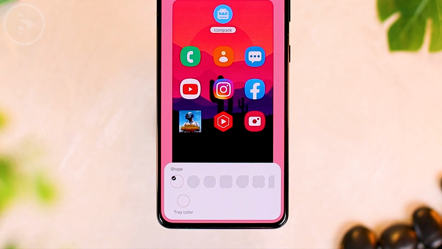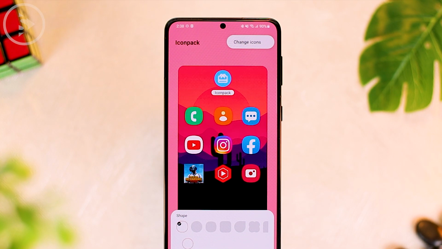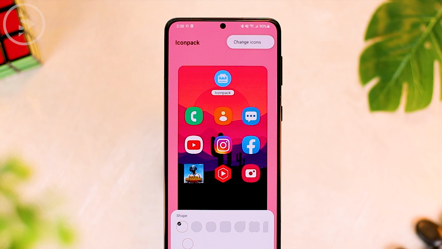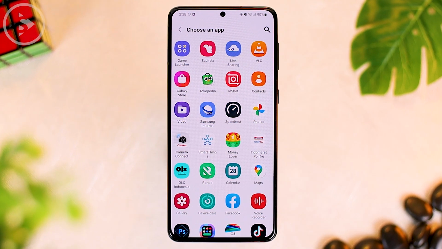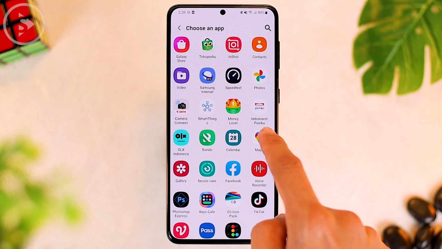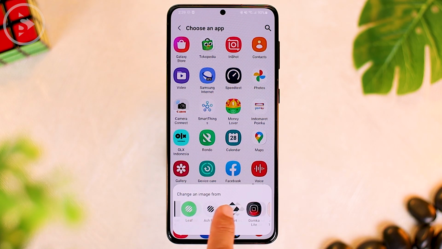In the create new menu, you will find new settings in the three dot option at the top right corner. In the latest version of Theme Park, you will find the option to change the icon at the top right. Here you can select change icon and you can choose which icons that you want to change one by one. For example, if you want to change the look of the Google Maps icon, you just need to click on the Google Maps.